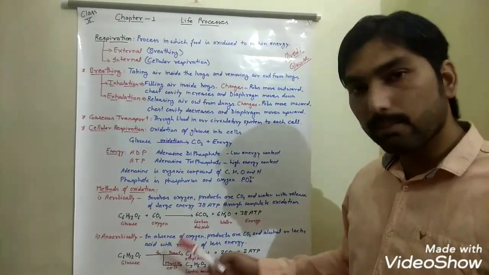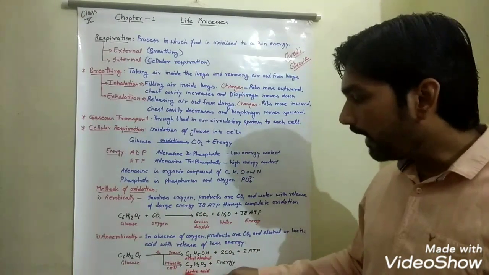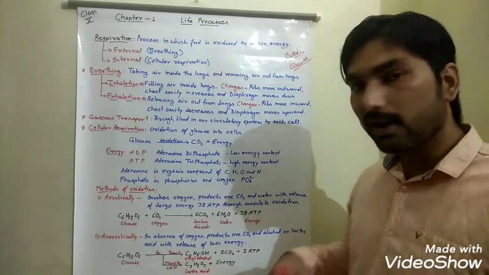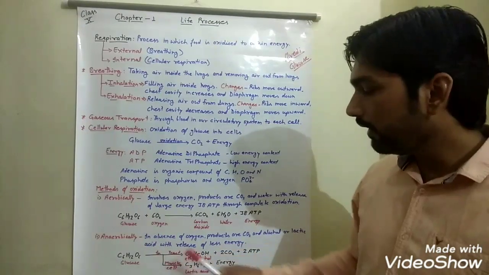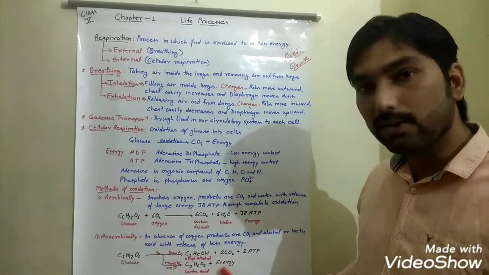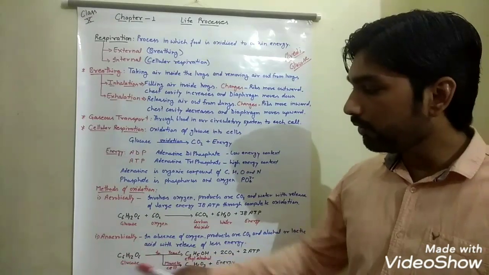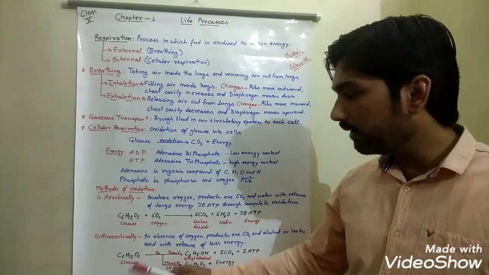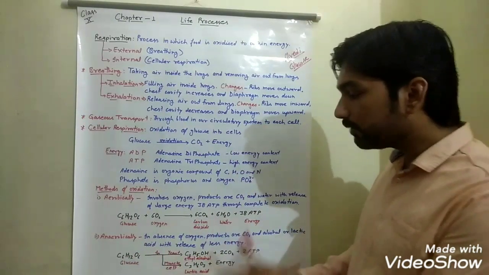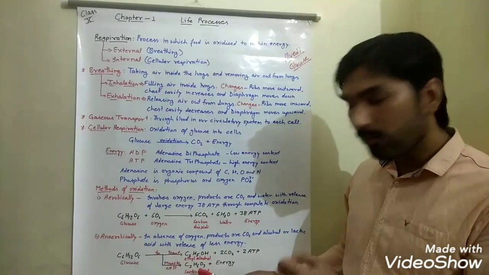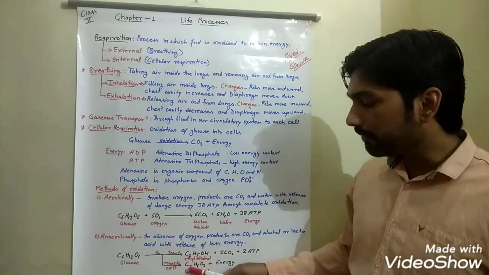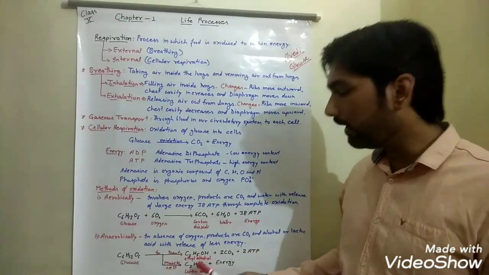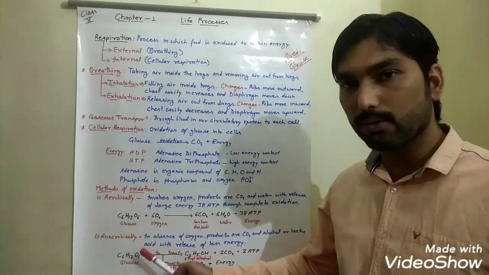And when we talk about our muscle cell, in our muscle cell, lactic acid is going to produce with the release of energy. Here we are not going to release, means in our muscle cells you can see the products CO2 is not available here, because the whole molecule of glucose having 6 carbon, 12 hydrogen, 6 oxygen is going to split into 2 molecule of lactic acid, which formula you can see here, C3H6O3. So 2 molecules of lactic acid will be formed from the 1 molecule of glucose, and